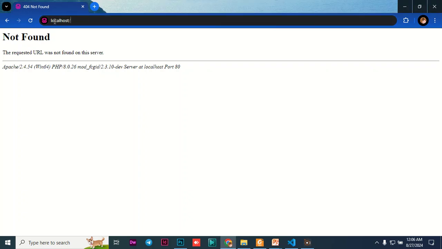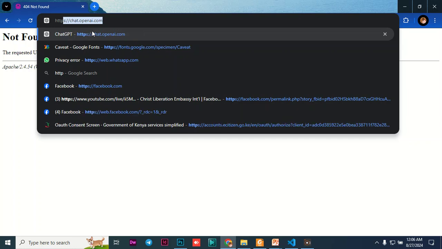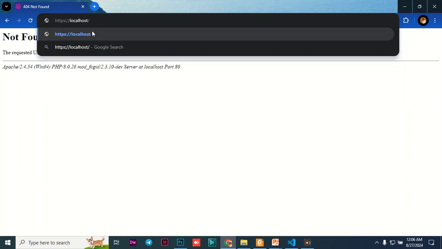So I'm using Chrome as my web browser here, so it is loading up. Okay, so I'll just type there localhost, https then localhost, and then we have got the file that we saved. If we could have just saved it in that particular folder of www outside, yeah, it will just type here